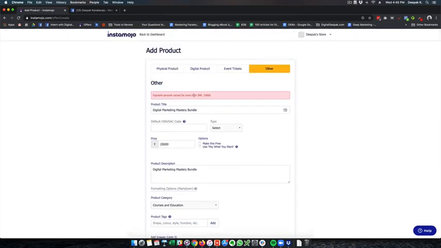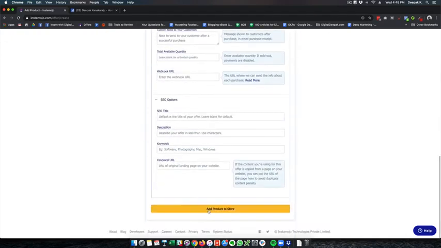And here it says that the payment amount cannot be more than 10,000 because we are still under the KYC. So I will just put it as 10,000 for now, and later we can update it. Once I click on add product to the store, the payment link will be created and I can start collecting payments from my customers as long as it does not exceed 10,000 rupees per month. To get it approved, you just need to send your KYC details. And once you send your KYC details, they will be able to get your account approved.